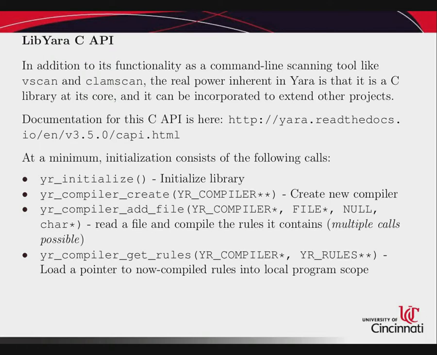There's a library you can install, and it has a C API, which means you can include the header in C or C++, and you can write programs that use this language or these rules for certain components within the program. One example of a good approach might be active network monitoring,